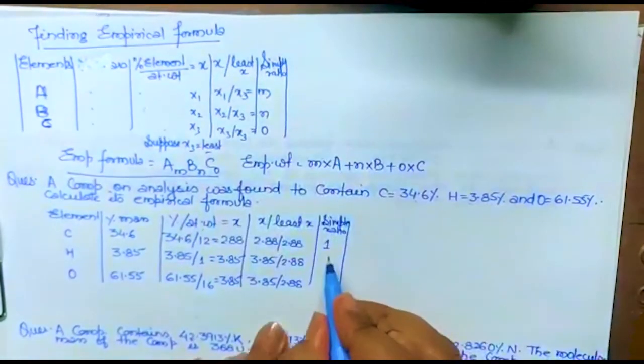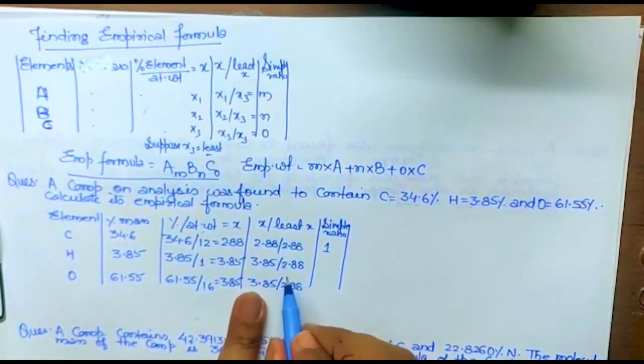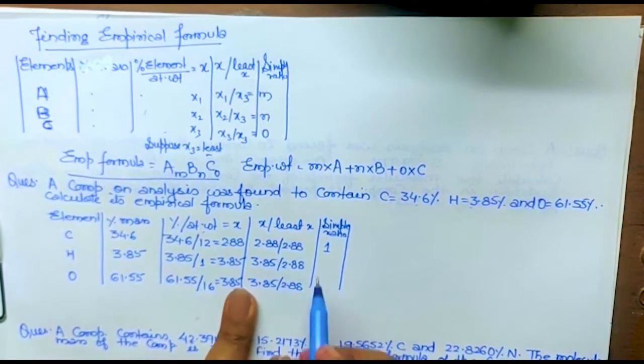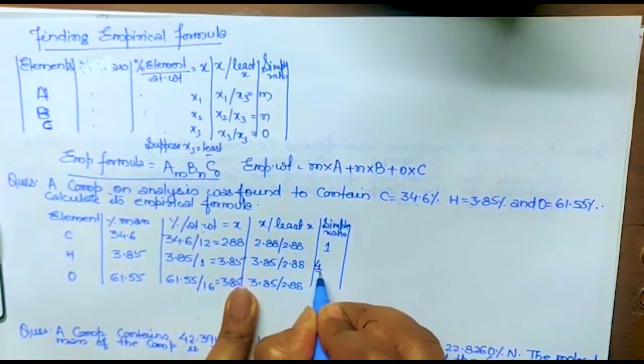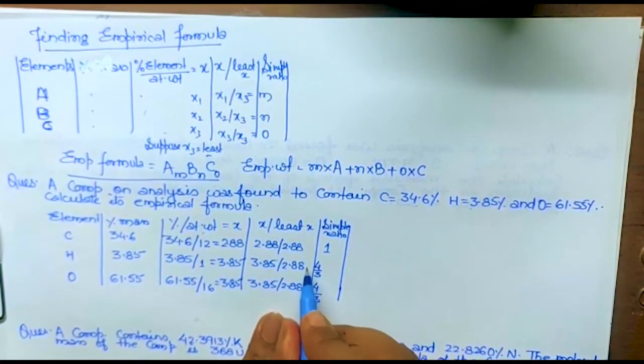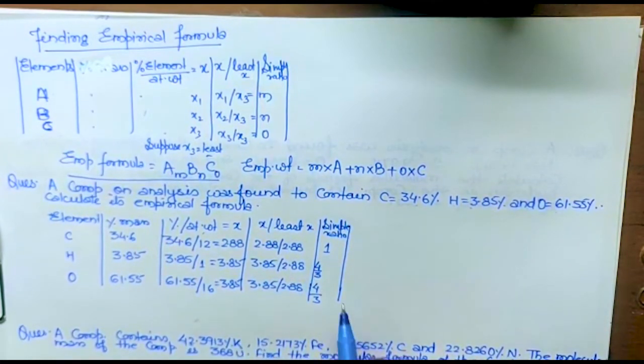Okay, so that will be 1, and this, if you divide it, is not going to be divisible completely. Okay, so this comes to 4 by 3. Solve it, here it comes like that, and this is also 4 by 3. It will be around 1.337. So 1.33 is equal to 4 by 3, isn't it? So I'm writing it this way so that it will be easy to convert to the whole number ratio.